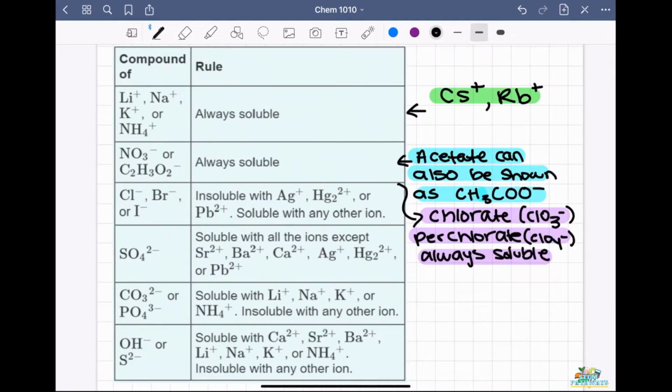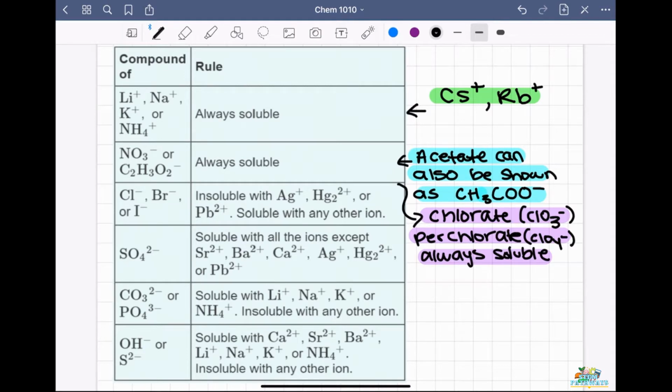So today I'll be talking about solubility rules and how to use them when dealing with any precipitation reactions or net ionic equations. When first introduced to solubility, it may look intimidating, but I promise you it's not. The reason the table is set up in this specific order is because some rules are more important than others